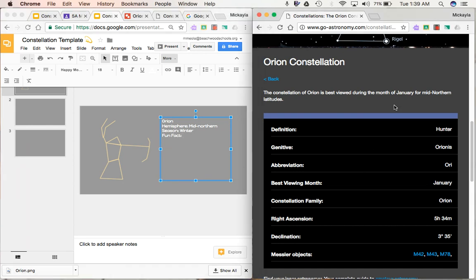Fun fact. Okay, so I told you I found a fun fact, and the definition is hunter. I found that little fun fact that this constellation, its nickname is Hunter because it looks like a